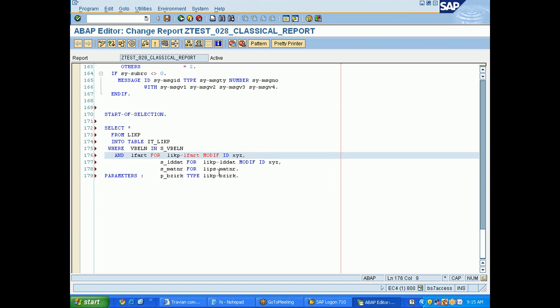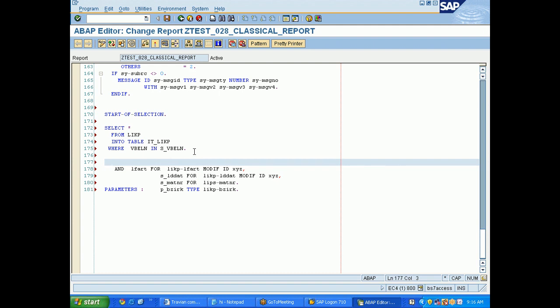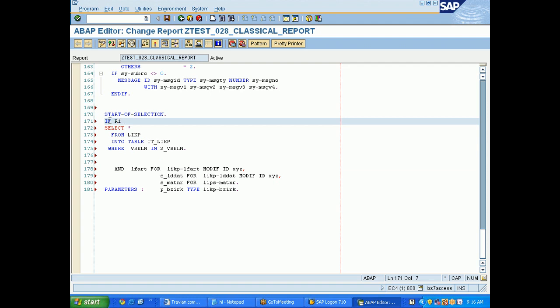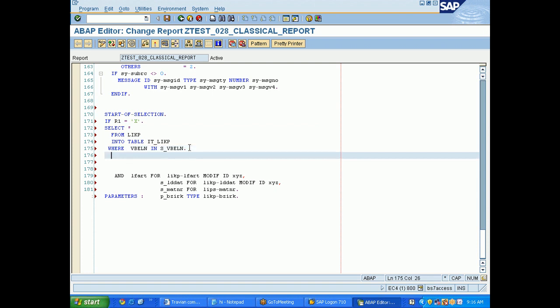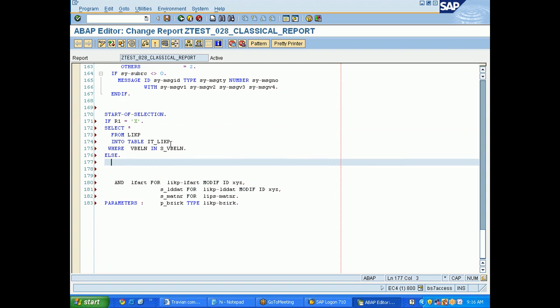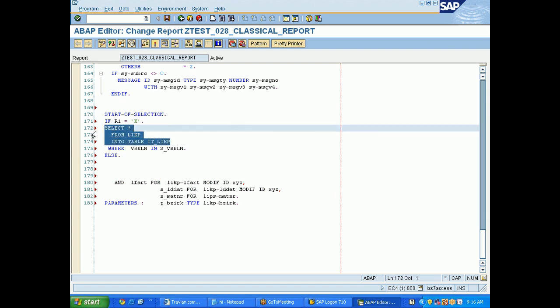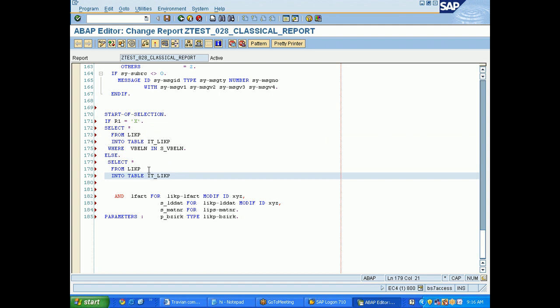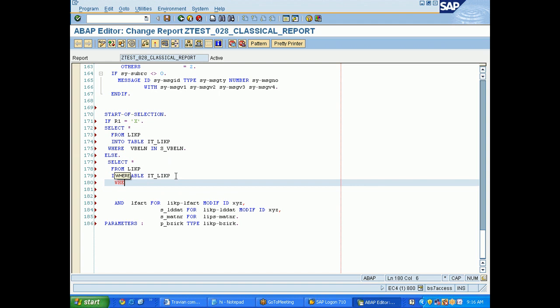otherwise you can do one thing. For example, if the user presses the radio button R1, then select based on the VBELN. You can put an IF condition. If radio button R1 is equal to X, SELECT * FROM LIKP INTO IT_LIKP WHERE VBELN IN S_VBELN. Else, if the user presses the radio button R2, then what you need to do, SELECT * FROM LIKP INTO TABLE IT_LIKP, WHERE